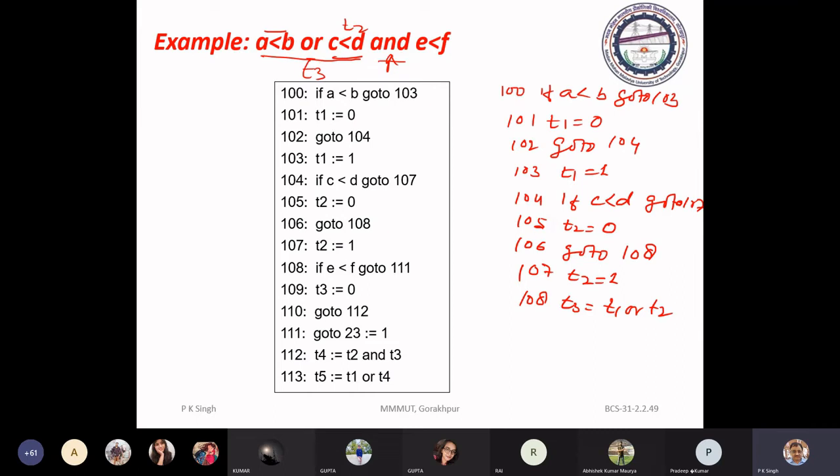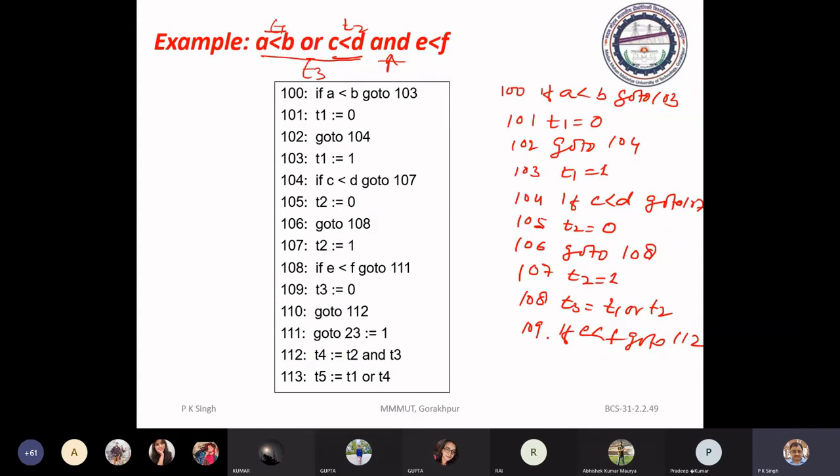Okay, the entire expression. This is T1, T2, but now we have connected both the conditions. After then you have to shift and then E, then F. Now E less than F gets reduced. So here 109 is: if E is less than F, go to 112.